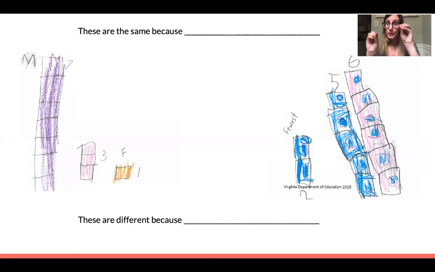But we could move all the cubes around so that they could be the same as each other, which is pretty cool, isn't it? If I took one of the pink cubes and put it on top of the orange cube, it would look the same as this set of cubes over here that has 2 in it. We could rearrange them to make them look like each other. What cool thinking. I wonder how yours is the same or different from these. Take a minute to think about that. Say, mine is the same or mine is different because.